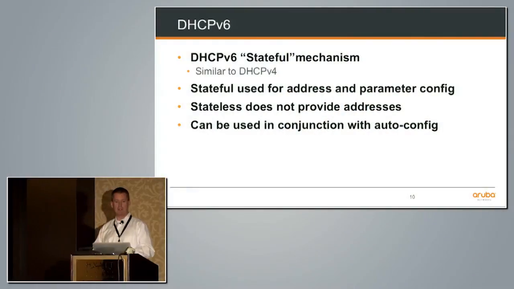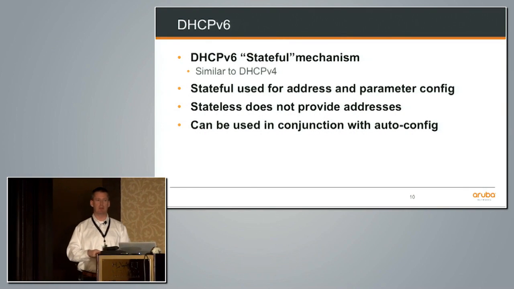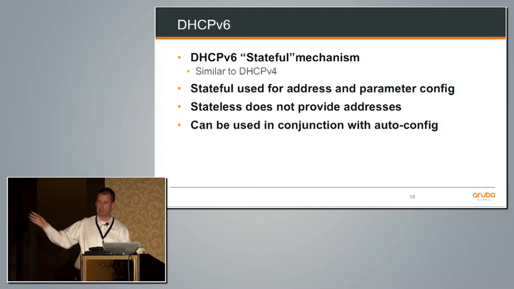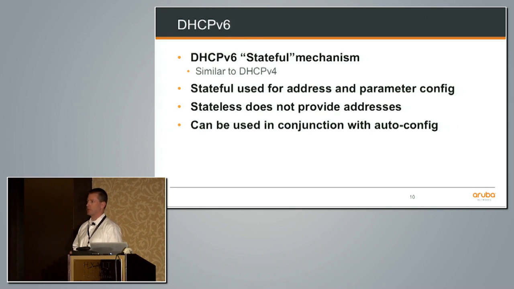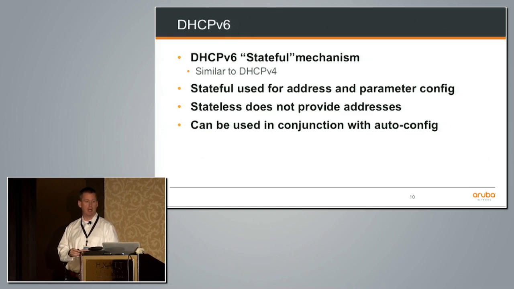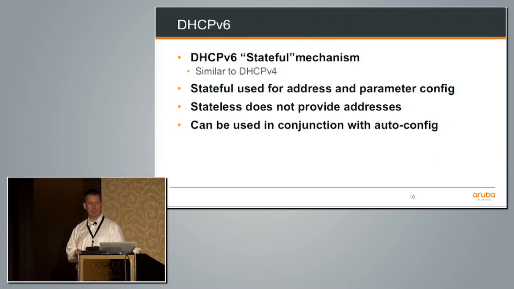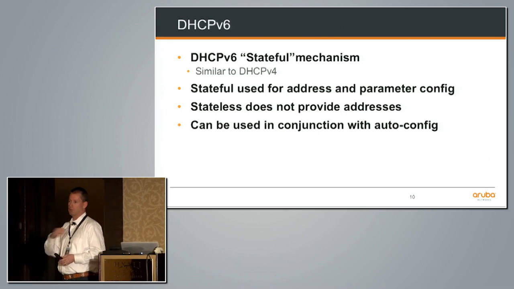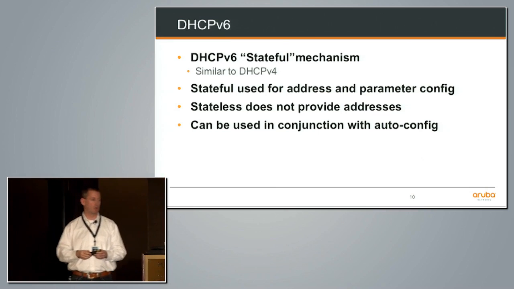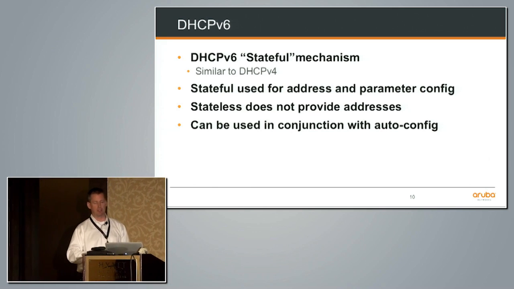So from a stateful piece, very similar to DHCPv4, we're going to come back, talk to a DHCP server, and get a lease from there. I've got some other box somewhere that's keeping track of where I'm at. We use that to push out a lot of the other additional parameters, again your syslog, NTP time server, all that good stuff. The stateless piece, so 2 modes: I can do stateful, where we're doing the addresses, or I do stateless, where DHCP is only providing those options, and we'll use the auto-config piece to grab the address.